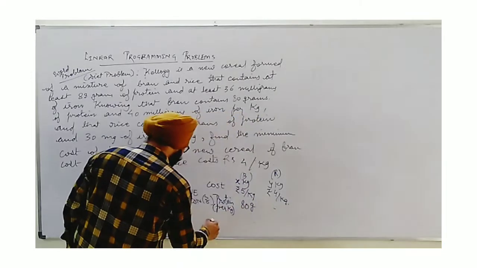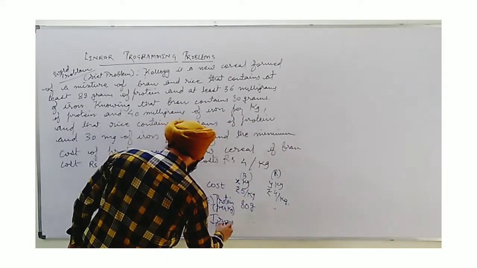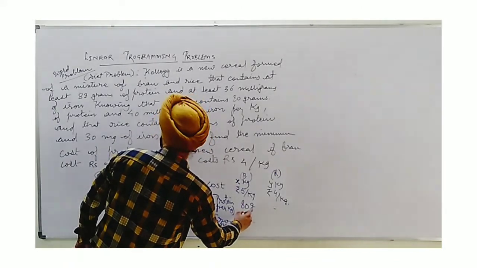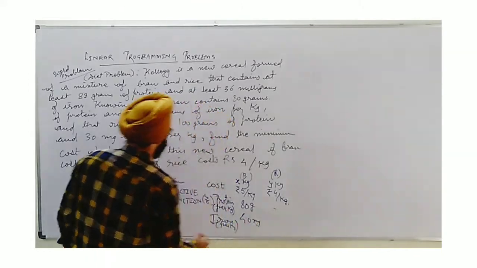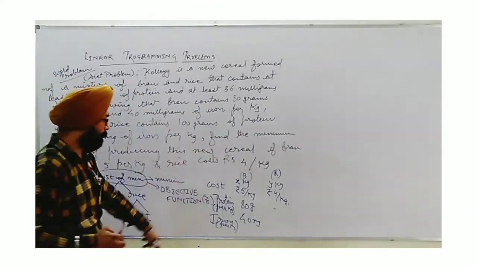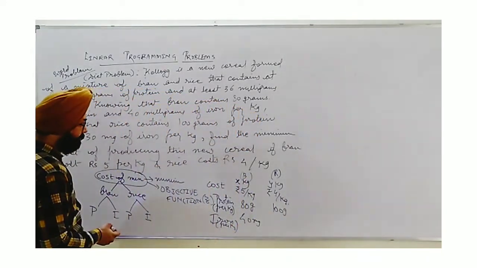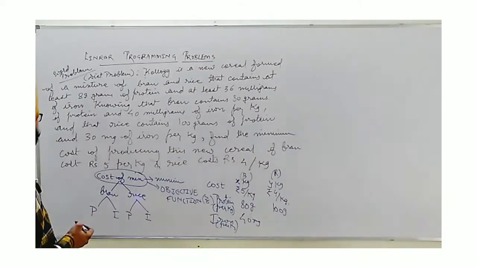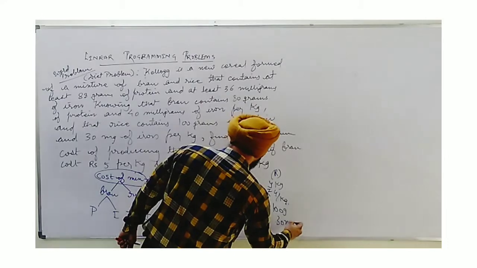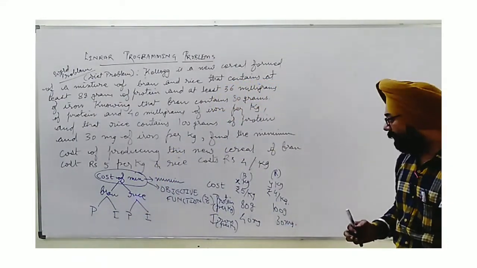Iron is not in this list. The iron list will be separate. This is iron, again per kilogram. So iron is 40 mg. Next, we are given that rice contains 100 grams of protein. So 100 gram in front of protein we should write for the rice column, and iron is given 30 mg for the rice column. So write here 30 mg. Now what else?